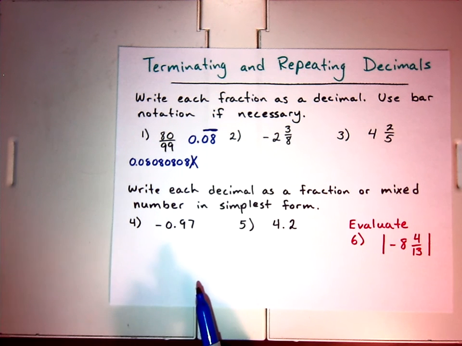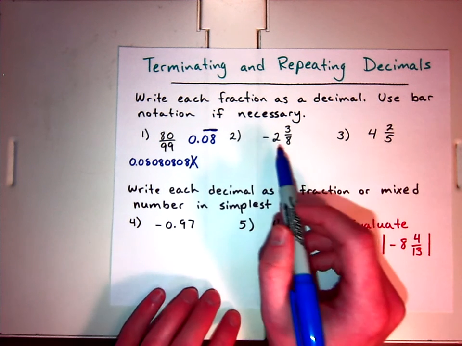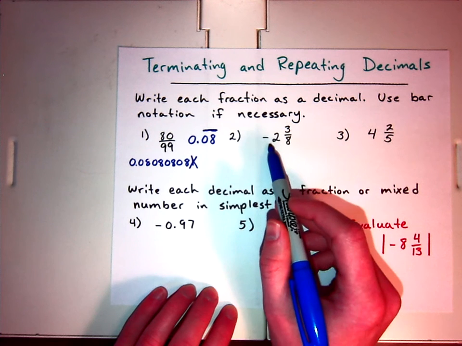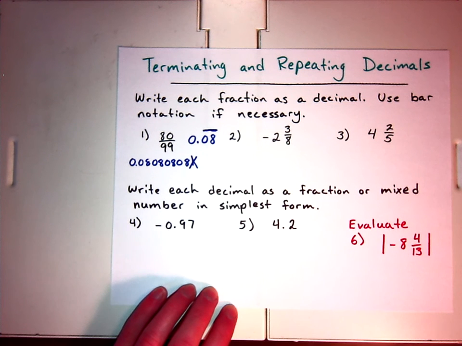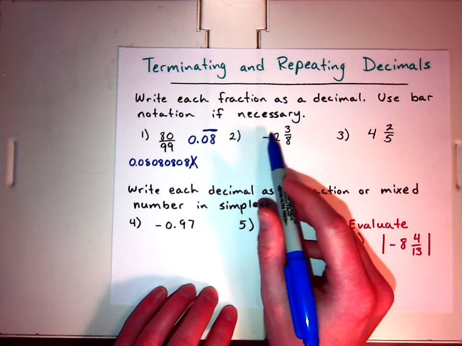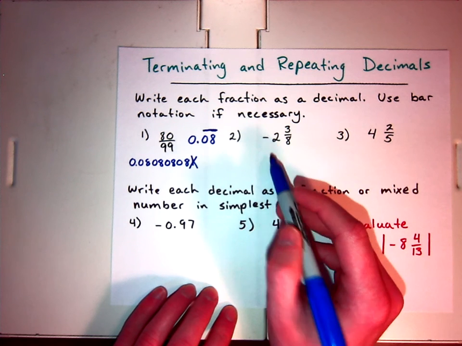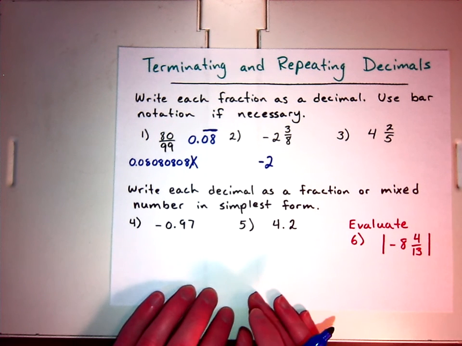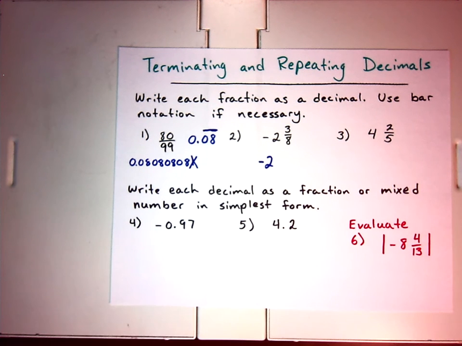Okay, for number 2, we have -2 and 3/8, right? So, for this, when we have a whole number here, when we have that whole value, that integer, that -2, guess what? That's going to stay the same, okay? -2 remains the same whether it's in decimal form or if it's as a mixed number. What we need to find is what is 3/8 as a decimal. Well, we plug that into our calculator, 3/8. That equals